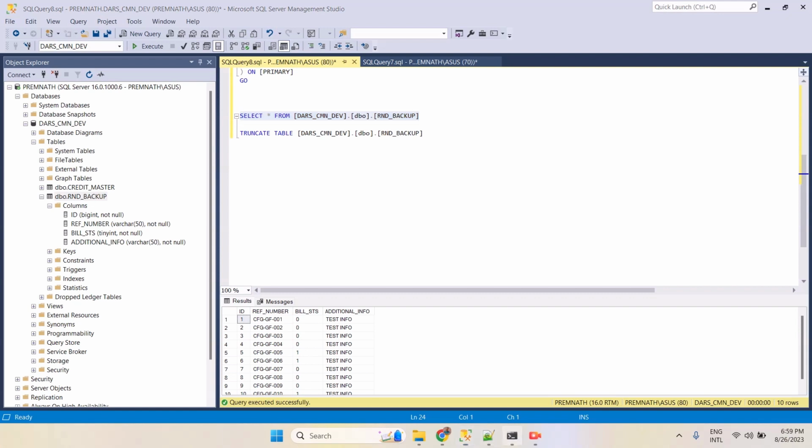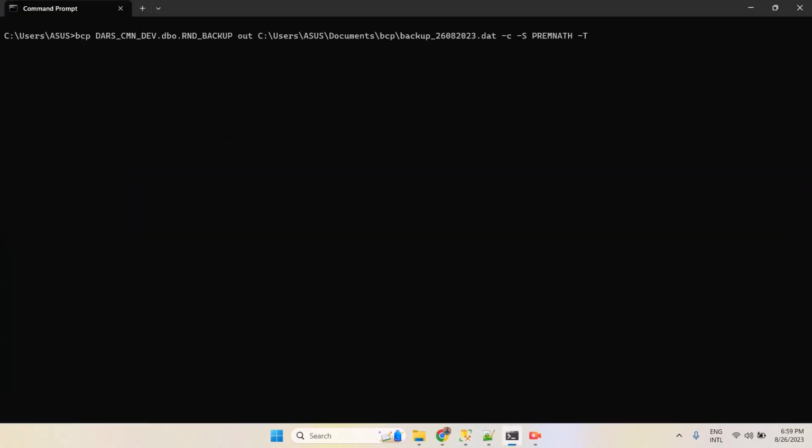Here you go, I have a command here. This is going to be my BCP, and then you have to mention your database name and your schema name, and then your table name and out. This is going to create an external file based on the backup. I provide the location, and I provide the name as backup underscore and then the date stamp dot